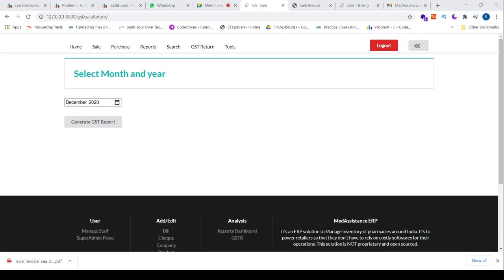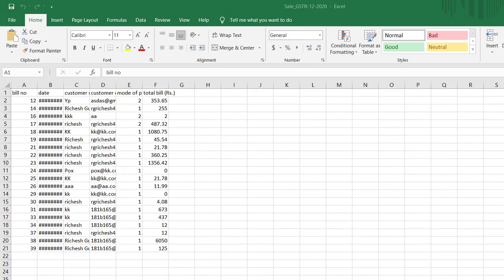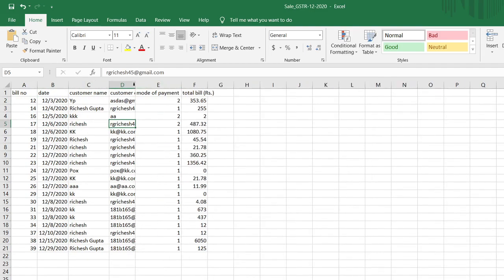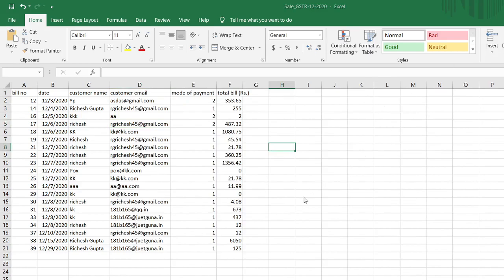If I go to the D drive, one second. Here you can see this is the GST report which is generated.